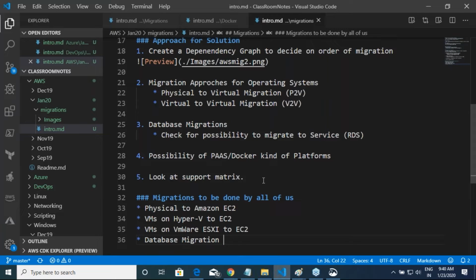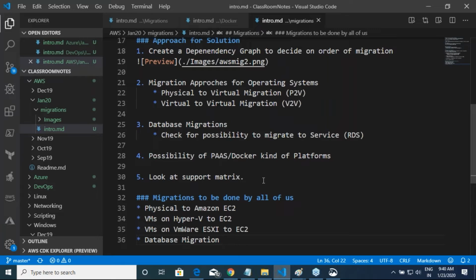And if they ask you whether you have experience in doing migrations, then you can say yes. You can say that, okay, I've done this migration, right? If you are not very much confident, at least you can say that we have tried a POC. But if you don't do the migration of Hyper-V, you will not be able to answer questions, because that's where you will see the problems.